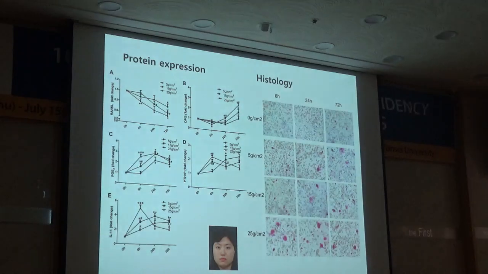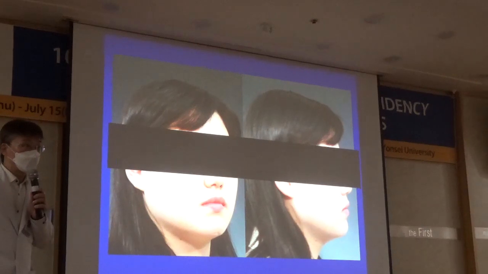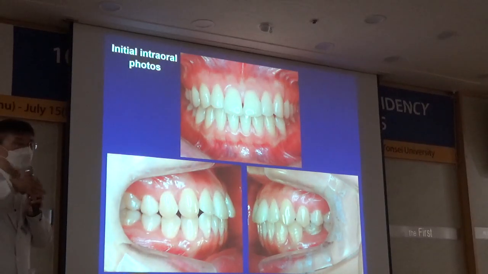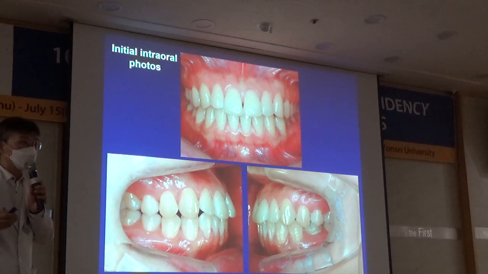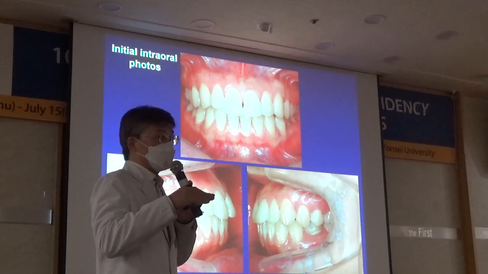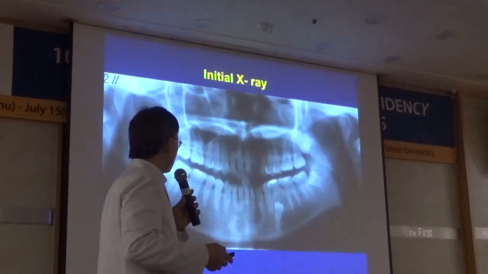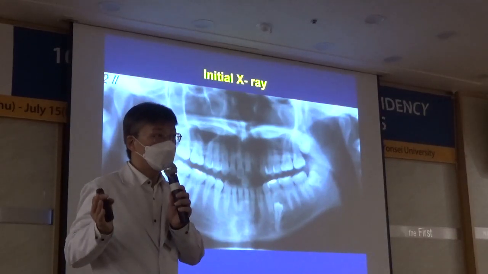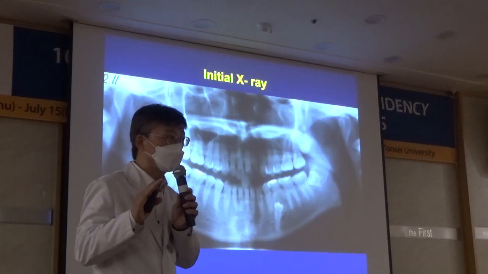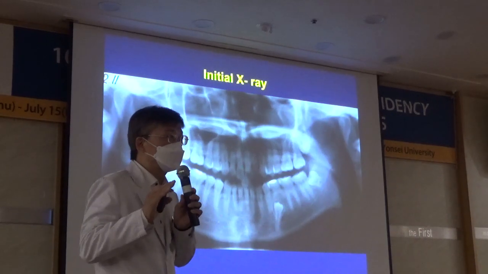One more example. She had an impacted tooth, single impacted second premolar. She visited a university hospital in another city. She had been under treatment for more than a year. Just because it was a university hospital, her treatment record was very well documented. So this is the very initial state. An impacted second premolar. She's only 21 or 22, early 20s. So there's no problem with the age. And I guess this is not really ankylosed, but we have to be suspicious.